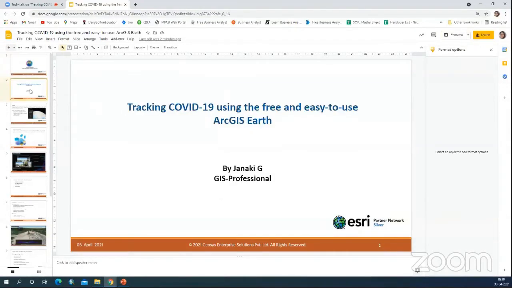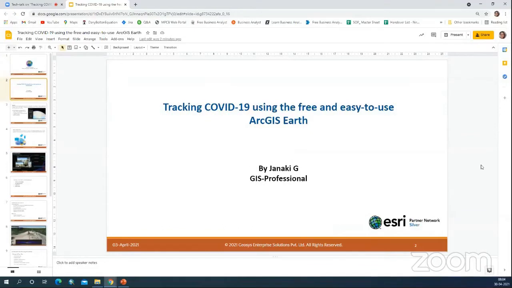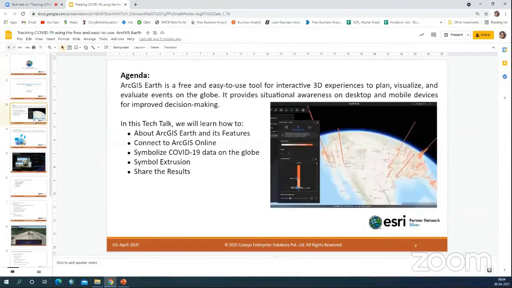And today I'm going to present a topic on tracking COVID-19 using the free and easy to use ArcGIS Earth software. The agenda for today: ArcGIS Earth is a free and easy to use tool which helps us interact with our data in a 3D way.